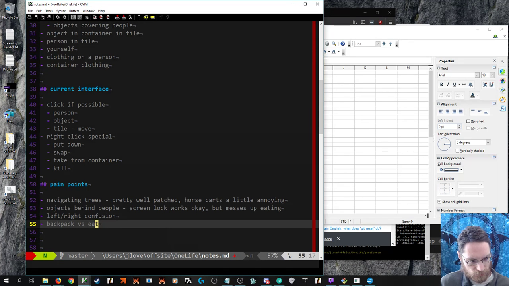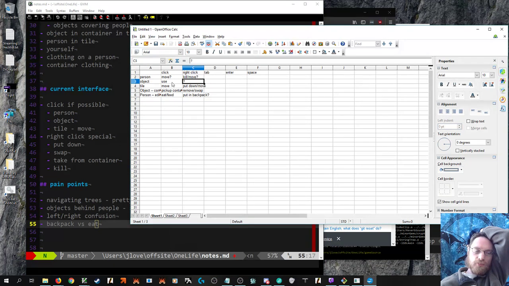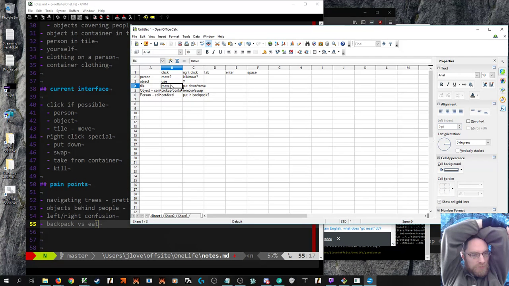So how would you rearrange the left-right system? You would want to try and arrange things. Well, one thing is that we've got move overlaid on left click, which is use if it's an object. You could do set down